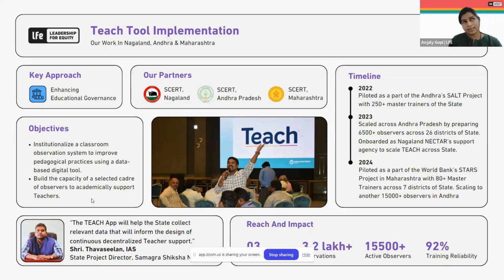To understand teaching practices, or how the teachers interact with students, we need to understand the teaching trends first, right? To define any kind of solution, or to formulate any kind of support structure. So how do we analyze teacher performance? In order to understand what actually goes on in the classroom, we adopted the Teach tool.